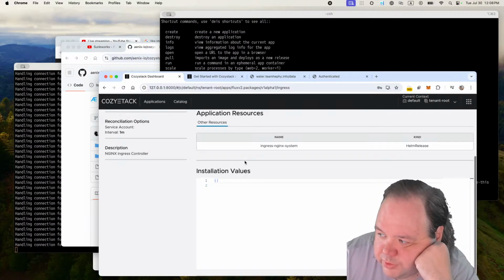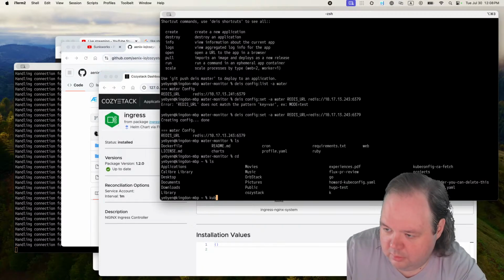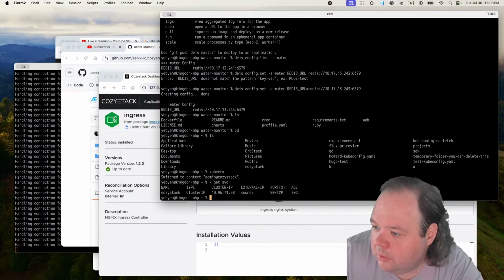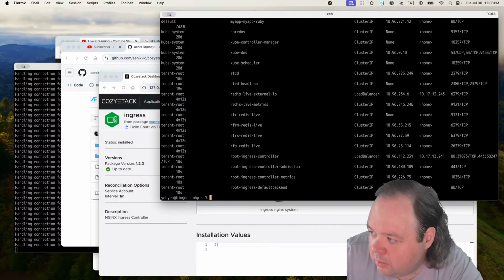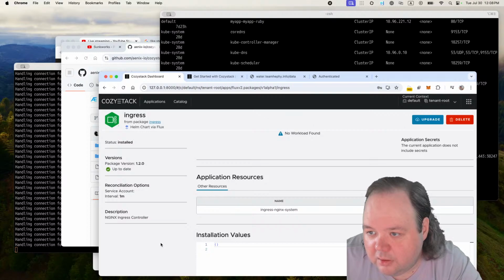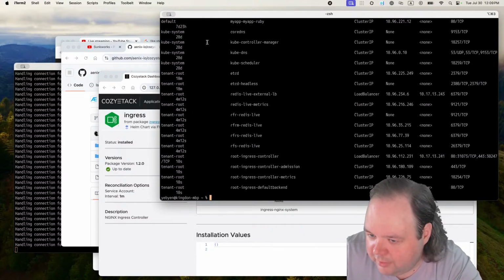All right, so we should see there's our root ingress controller with the IP that I wanted it to get, our new Redis IP, and there's an IP between them that we can use if we need. But we won't, we're just going to use this one, because if we look at